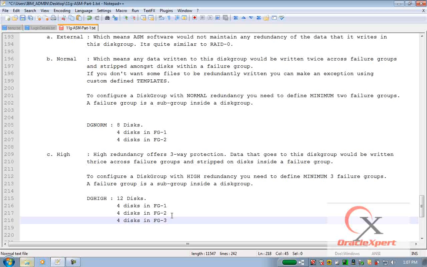The investment done in the disk as to the returns I get on that disk is only 33% returns. In case of DG normal, it is 50% return. And in case of DG external or external redundancy, assuming there is no RAID protection, it's a 100% return. If the disks are externally protected by RAID level, then again it is 50%